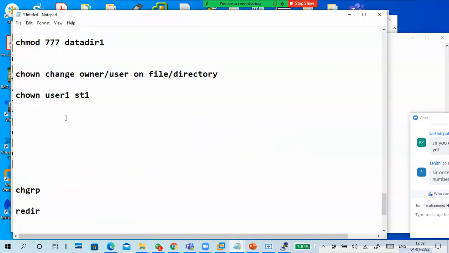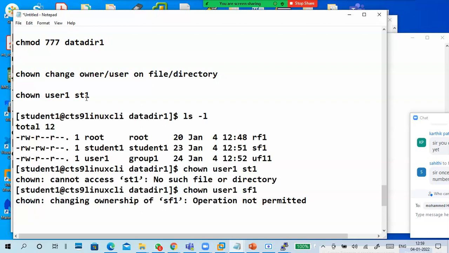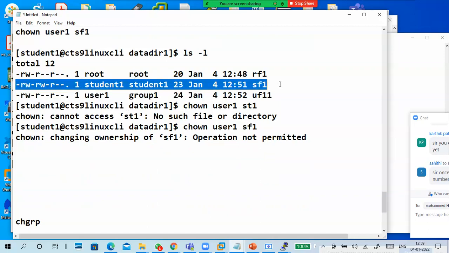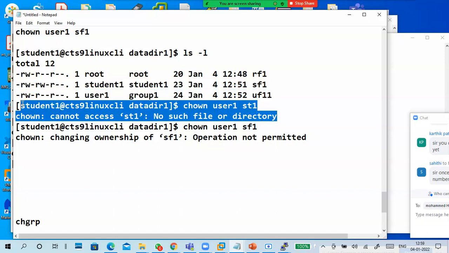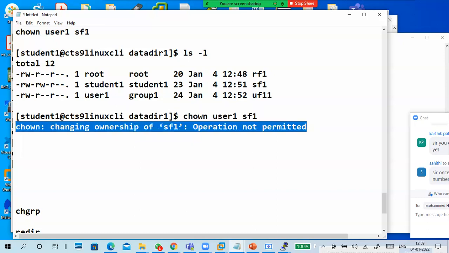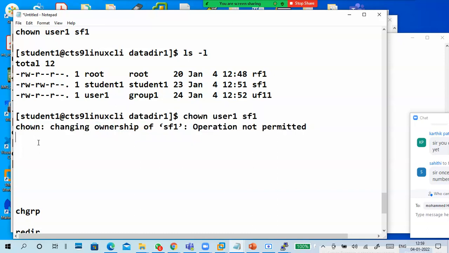Yeah, here it is. So this is my file. I'm trying to change the ownership, but it says not permitted. So who can change it? Only root can change